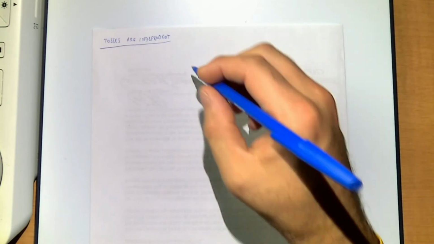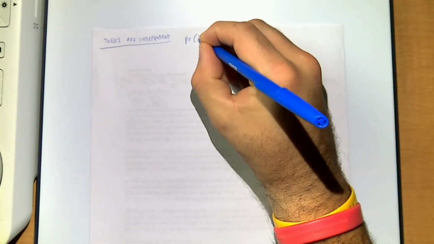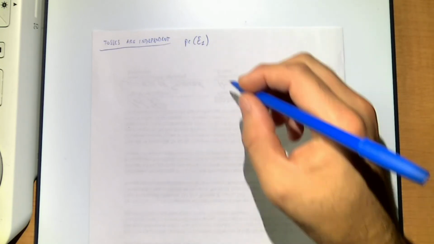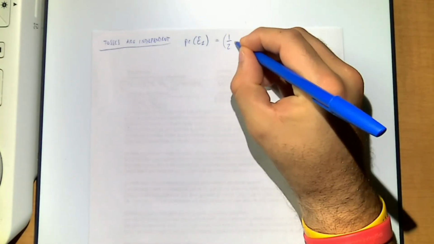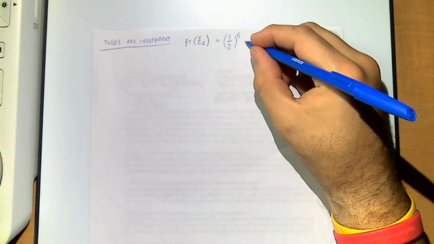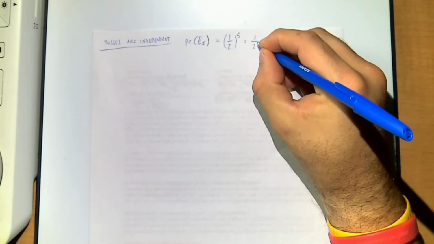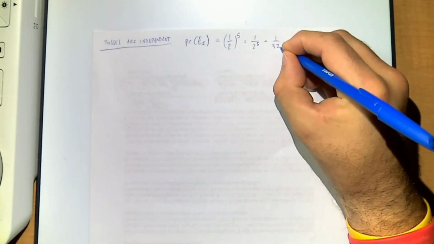So anyway, because tosses are independent, the first event is easy to count, because I just want 1/2 probability of getting a head 5 times, because I want 5 heads consecutively. The rest I don't care. So this is just 1/2 to the 5. This is 1/2 times 1/2 times 1/2 times 1/2 times 1/2. This is because the events are independent. So it's 1 over 2 to the 5. So it's 1 over 32.